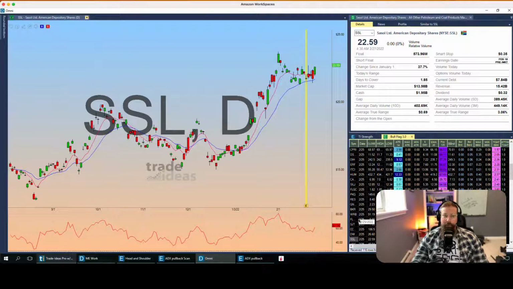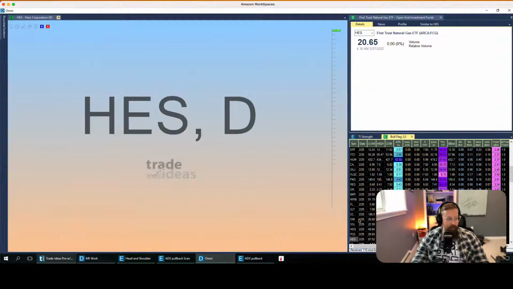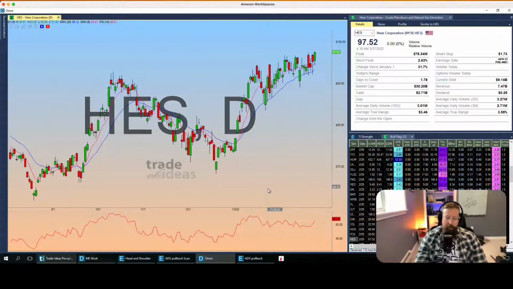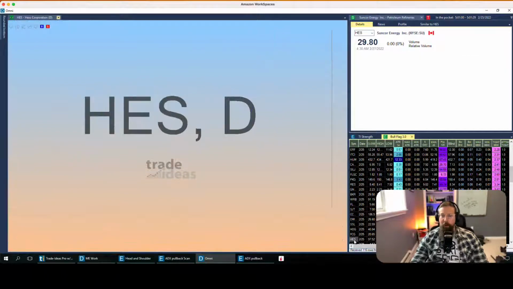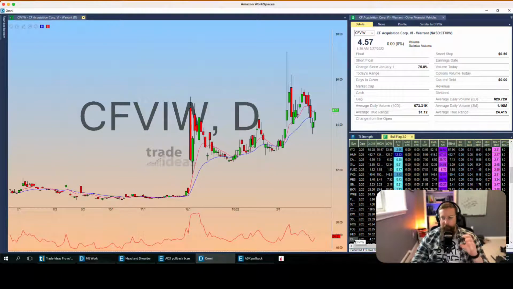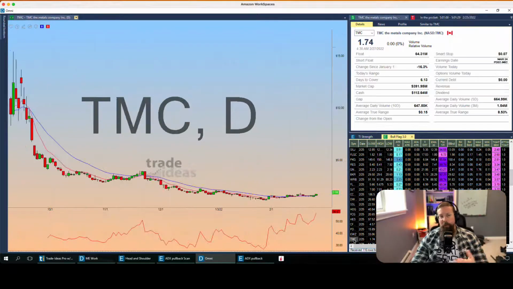You'll notice a lot of these names are oil and gas type stocks, and I'm skipping over a lot of them, mainly just because I already have a few on the list. Like I put Suncor on there. Again, just a nice tight little flag up here at highs. If it breaks out, that could continue up. I'm just very cognizant not to make a list of 15 energy names, because I might as well just buy an ETF at that point. So